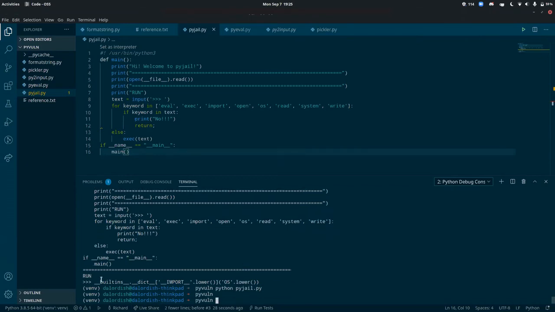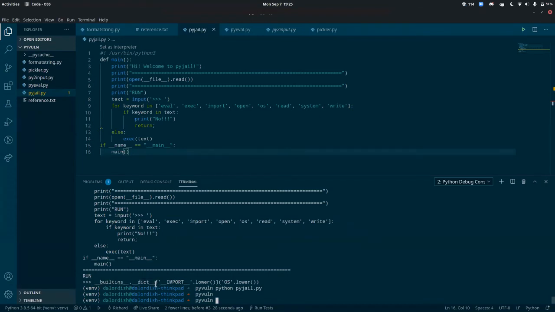So that's executed. And what this has done is it's imported the OS module. From there, what we'd want to do is build another chain to do something like a reverse shell, but I'm not doing that here. Builtins is the Python module that contains all of the built-in functions. So that's things like import, that's things like print.